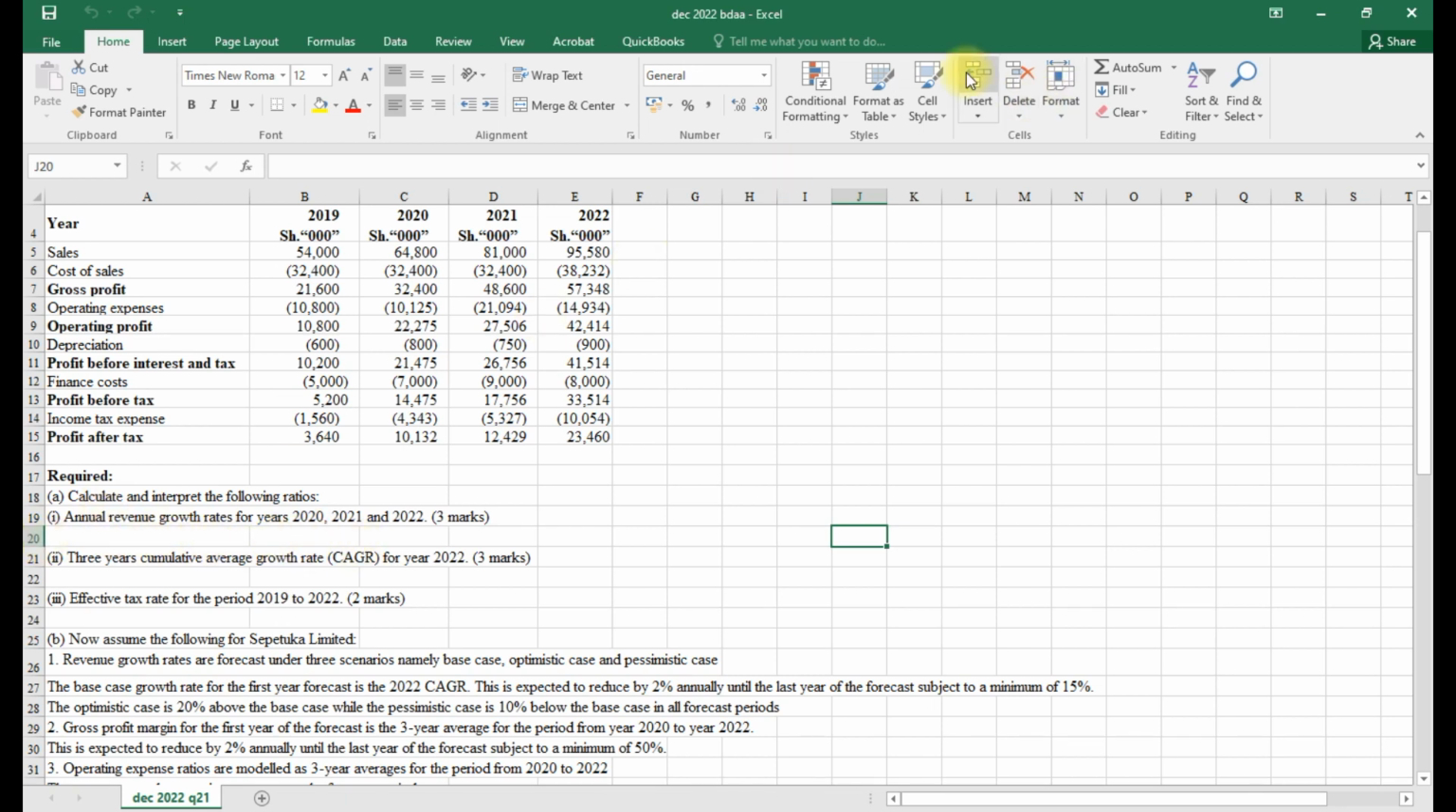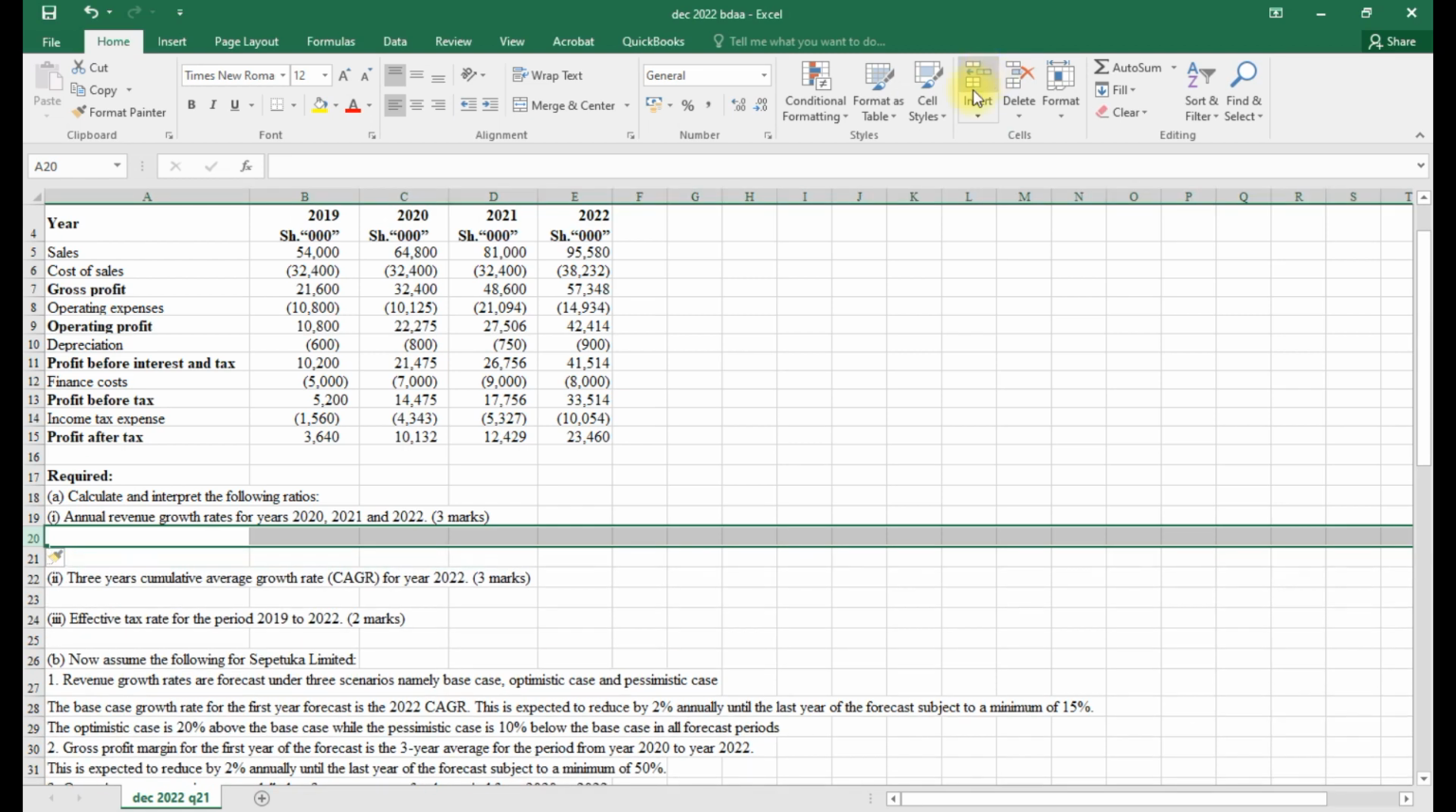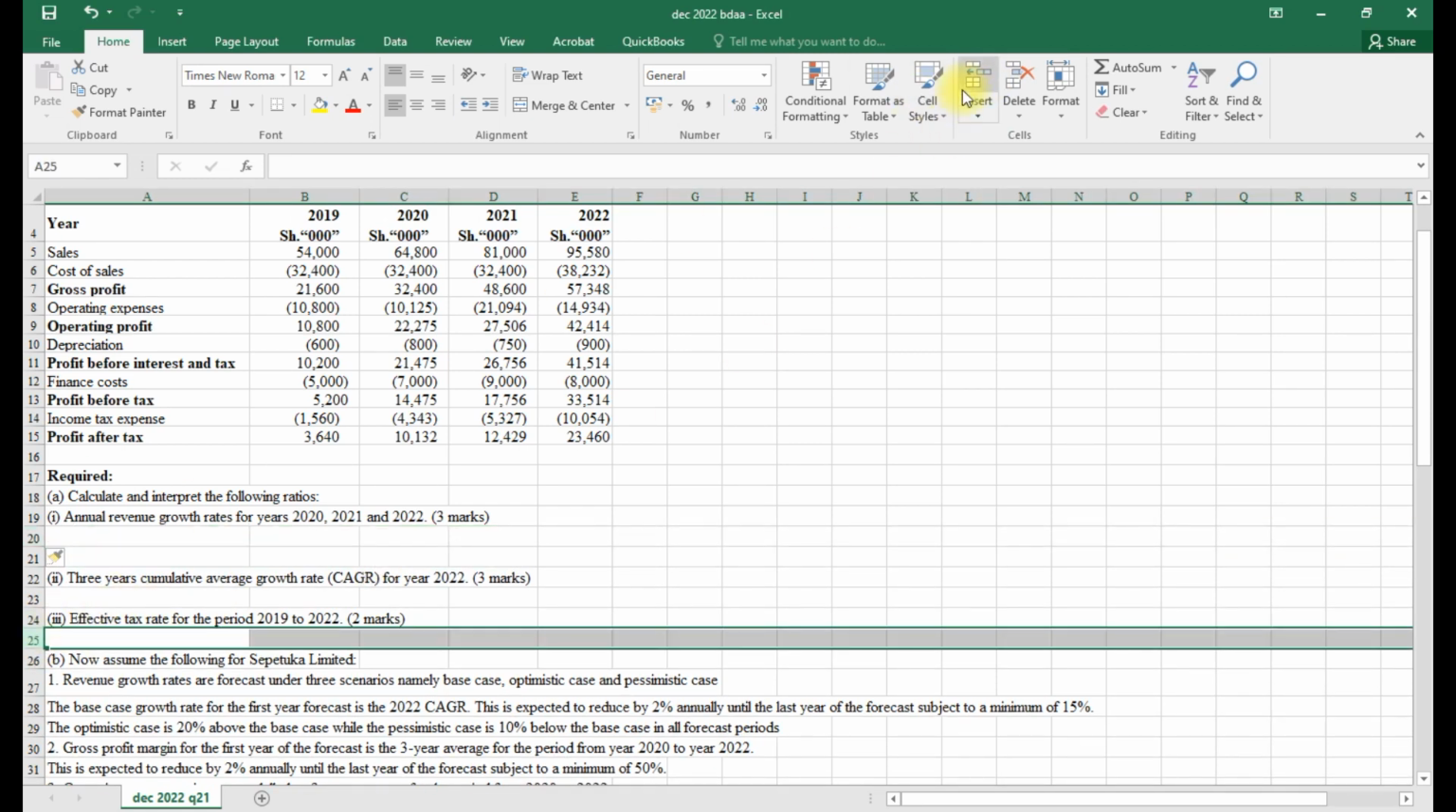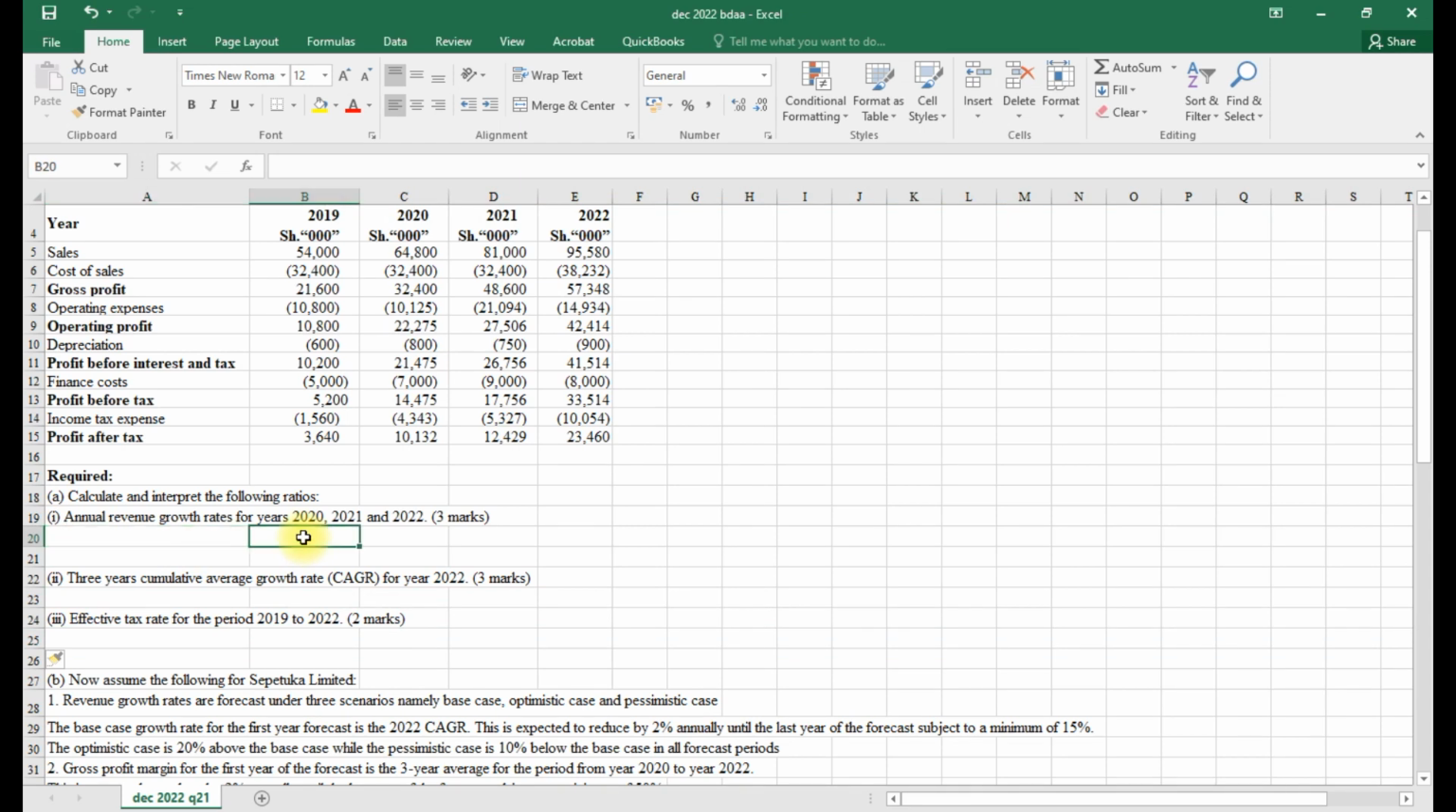Let me insert another row there. I need to insert a row here, and here I will insert another row, so that we can calculate for 2020, 2021 and 2022, the average growth rate. So the growth rate in 2020,